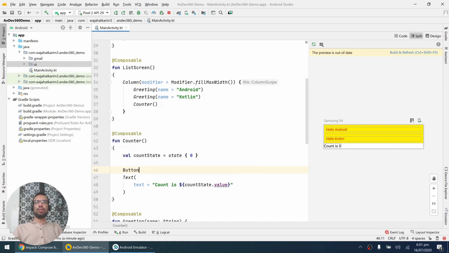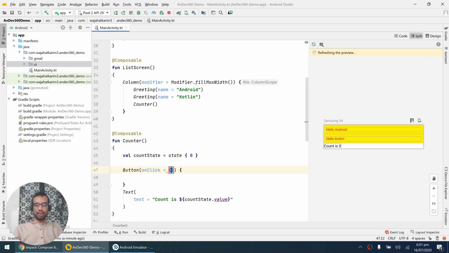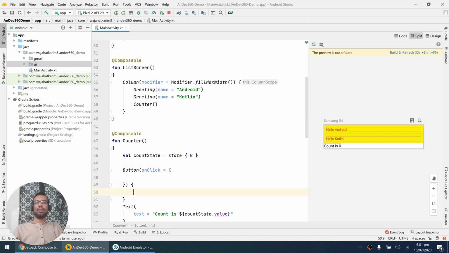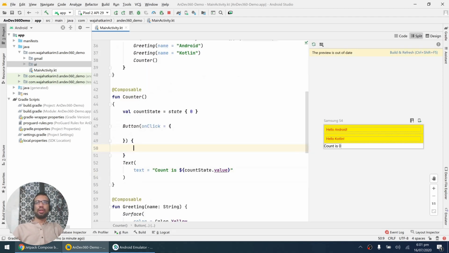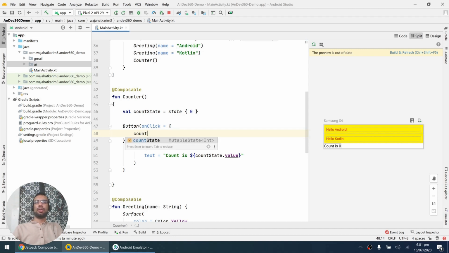and by default we have an on-click listener. So for now it's empty, and then I will have to assign the body. So I can simply go ahead and put this text inside. So this will be a button around the text and the power of declarative framework. And in the on click I simply increase the value of count plus plus. So you see that I haven't done anything else,